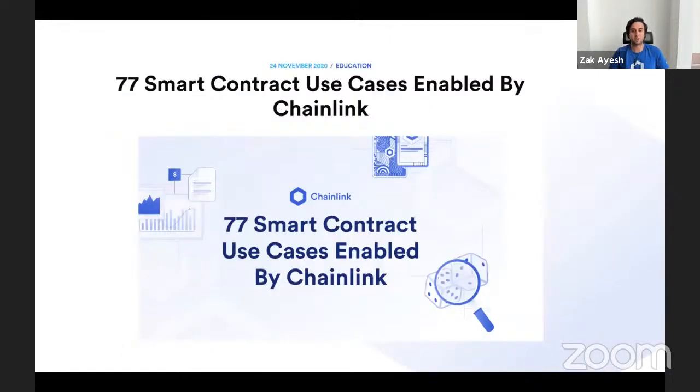Which brings me to this very specific blog post, the 77 smart contract use cases. So if you think, I know I can build some awesome stuff with smart contracts in Chainlink, but I just don't know what, I really can't recommend more checking out this article. A lot of people have had some awesome ideas that spawned from this very article itself. And it just gives you a lot of ideas on where Chainlink can be used